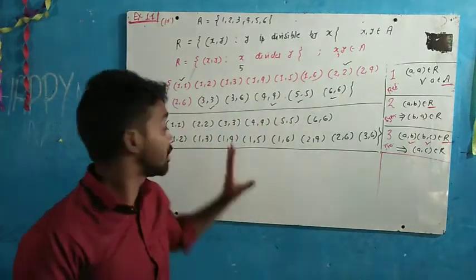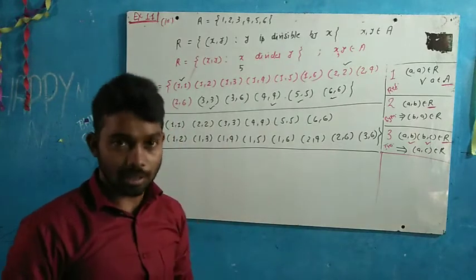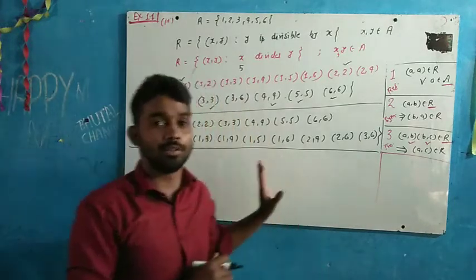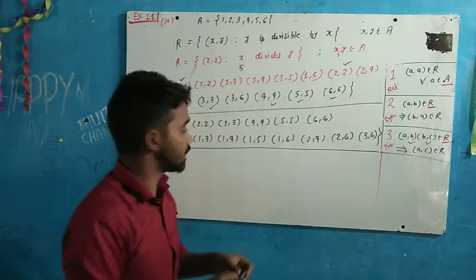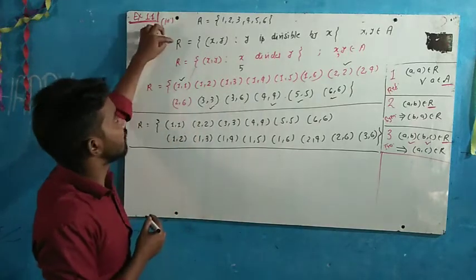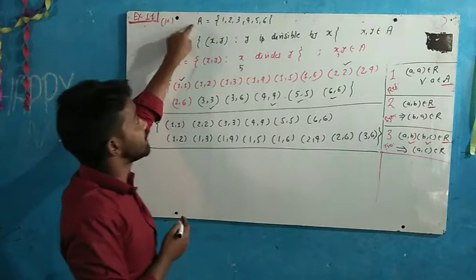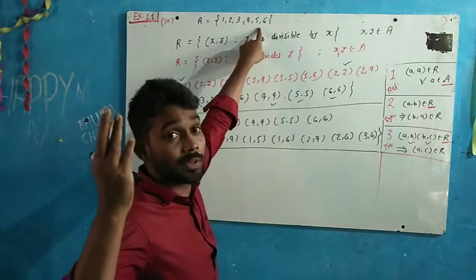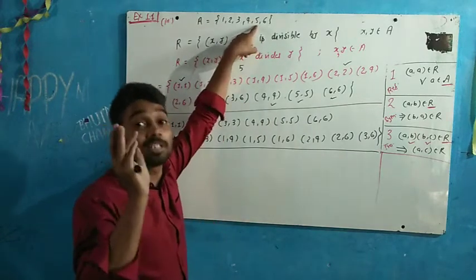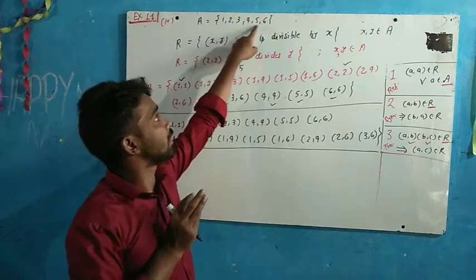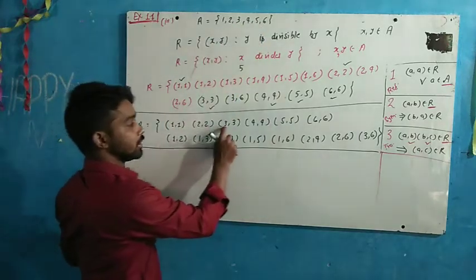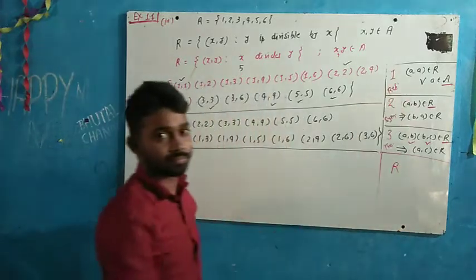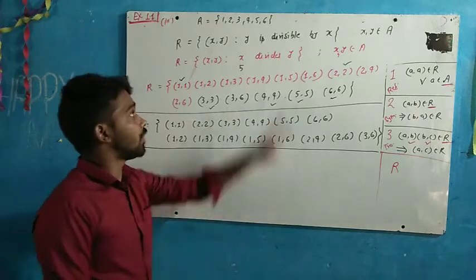Clear? Now I am going to check reflexive, symmetry and transitivity. And one more thing I will tell you in the case of transitivity, one more trick. Just see how to check it. Listen. First of all, this relation R is defined over the set A, and in set A how many elements are there? 6. 1 2 3 4 5 6. So for the reflexive, you know very well how many doublets should be present. 6 doublets should be present: 1 1, 2 2, 3 3, 4 4, 5 5, 6 6. Now check 1 1, 2 2, 3 3, 4 4, 5 5, 6 6. All doublets are present. It means this is reflexive. Correct? It is reflexive.